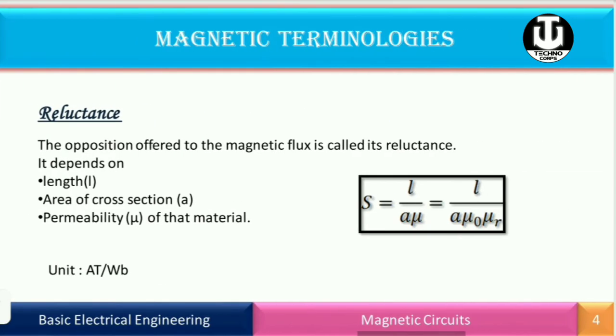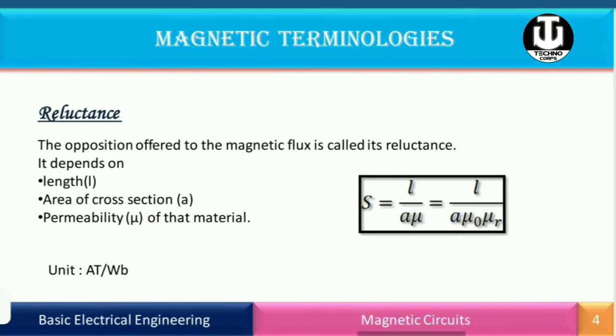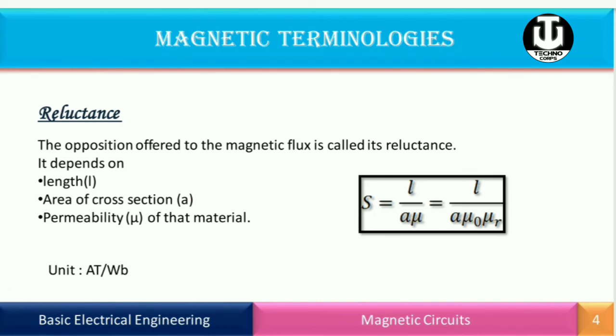After that we have reluctance. Reluctance is similar to the resistance we have in the electrical field. When we talk about the electric field, resistance provides opposition to the flow of electrons, and in the magnetic field, reluctance provides opposition to aligning the magnetic dipoles in one direction. This term is related to the material property, and it depends on the length, the area of cross section of the magnetic substance, and the permeability, that is the surrounding medium property.